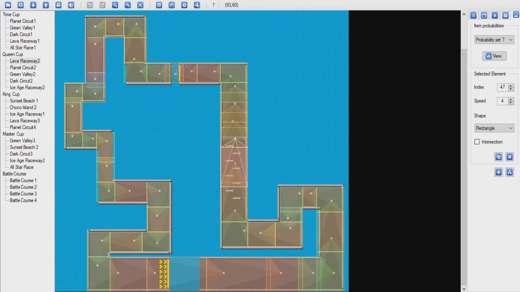And now I'm actually going to be doing 2 tests. I'm going to test how it works in the time trial by myself, but also how it's going to work in the Grand Prix itself as well. But after that, I'll be moving Lava Raceway back to where it needs to be, back to the 3rd position, because Planet Circuit is first, Green Valley is second, then Lava Raceway, then Dark Circuit, then the Ice Age Raceway. So now I'm going to jump onto my emulator,